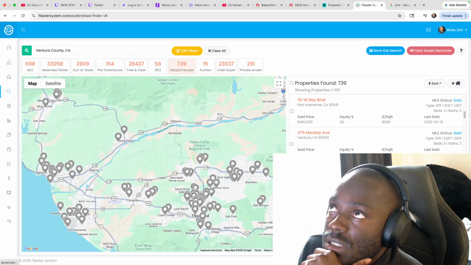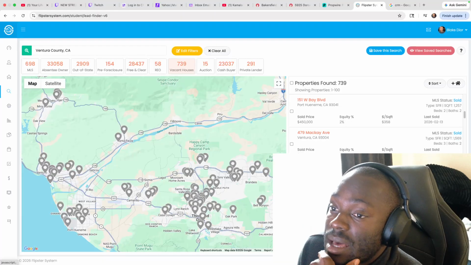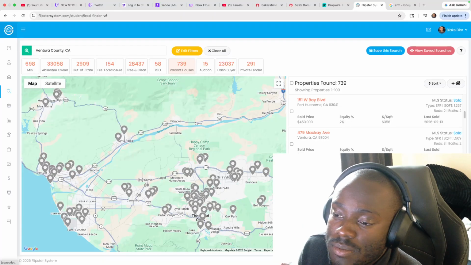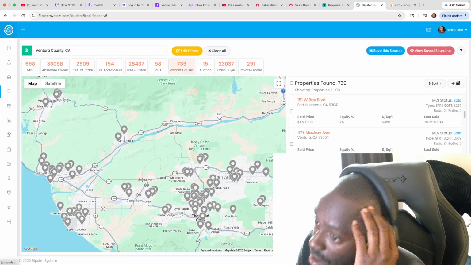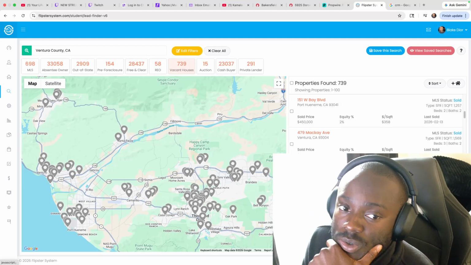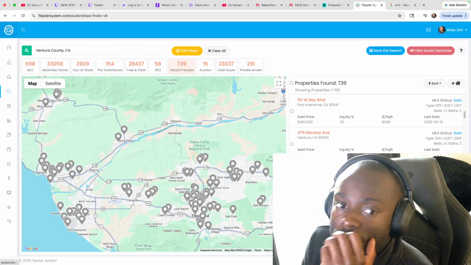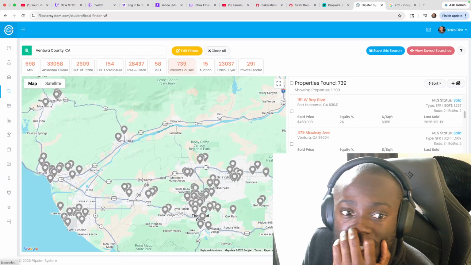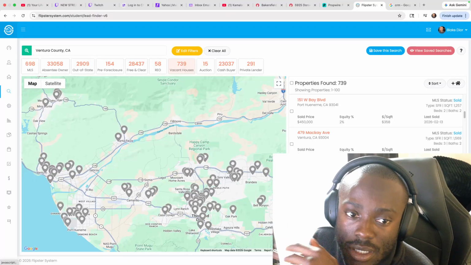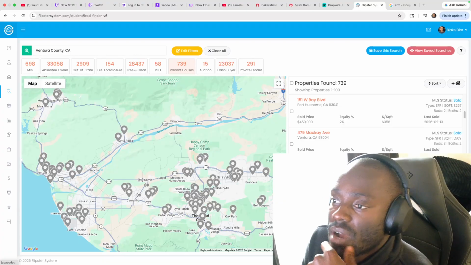The home belongs to someone, but that person or entity that owns the home is long removed from the house. No one really knows who owns the house. So it's just a vacant home. It's almost like up for grabs.